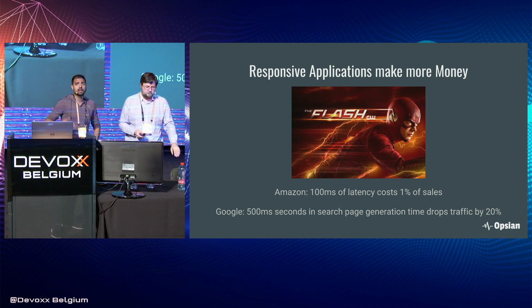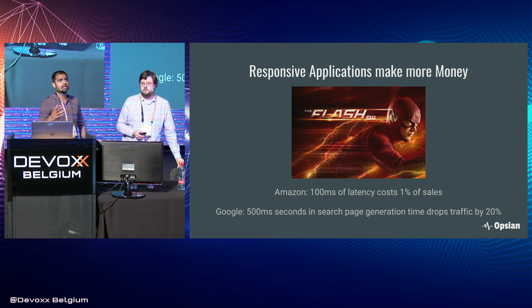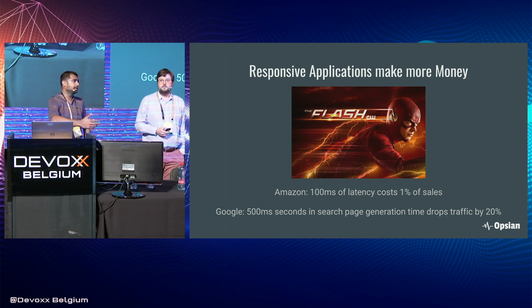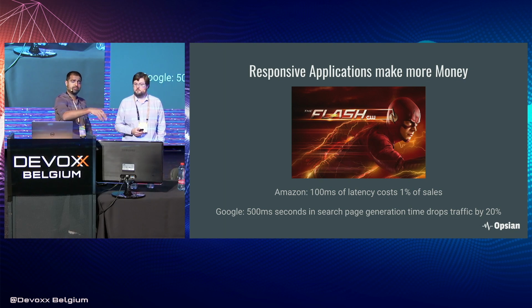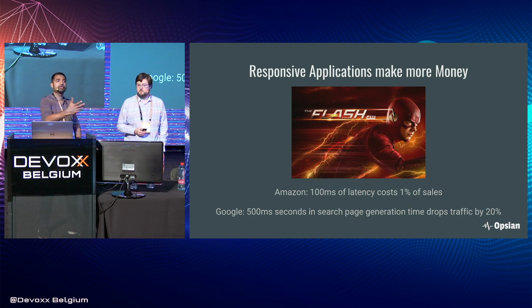I used to work in ad tech, and if anybody's been in ad tech and been around RTB, real-time bidding, there you have these auctions that happen every time there's an ad request. You have 140, 150 milliseconds to return your bid. If you miss that time window, you're not part of the auction. If you miss too many auctions, you're thrown out of the exchange, and you basically have no business.